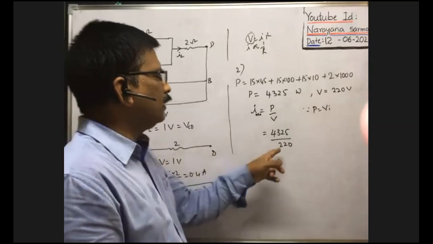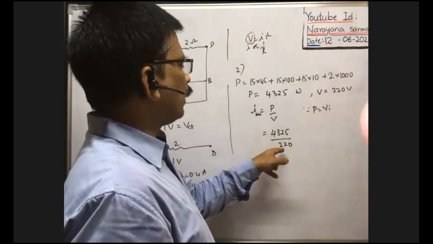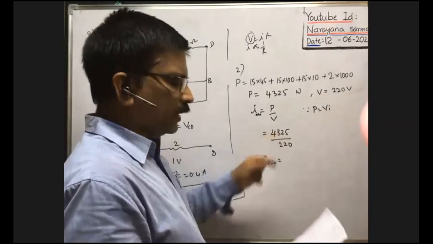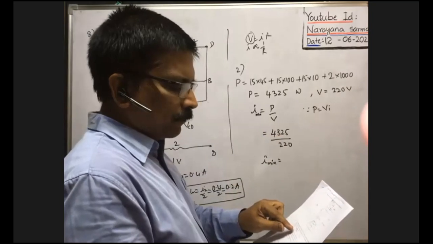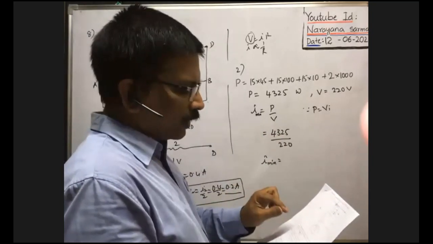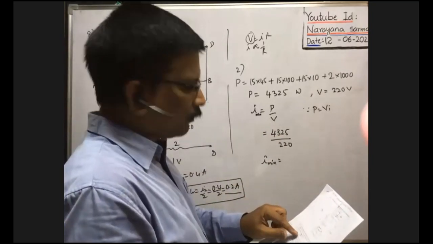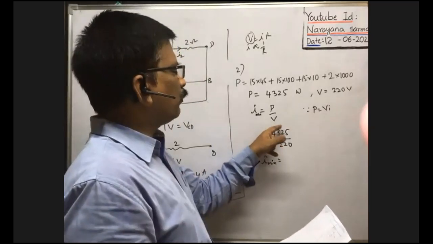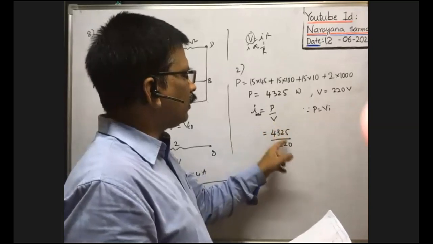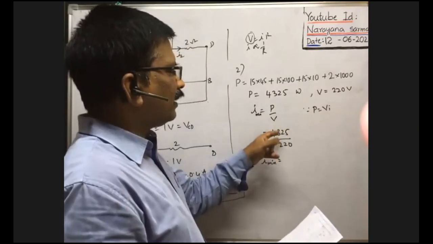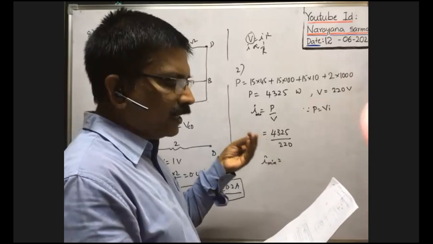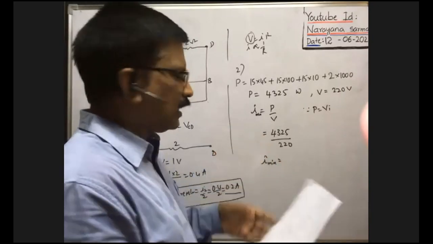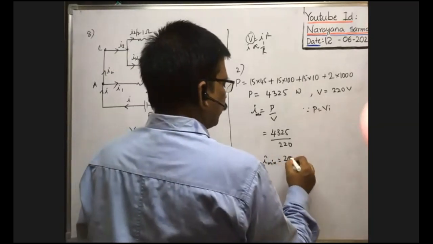Approximately, actually you see 2 times gives what? 2 times gives 440. 440 means approximately it is there. So answer is nearer to 20. Actually 2 times means 440. Suppose if it is 4400, then you will get 20. But here it is a little bit less. That's why definitely nearer to 20 you will get. But nearer to 20 means 15, 25, 10 is given. That's why it is definitely equal to 20 amperes.